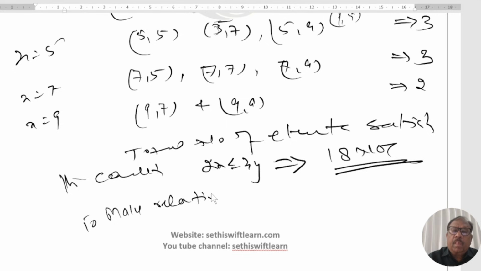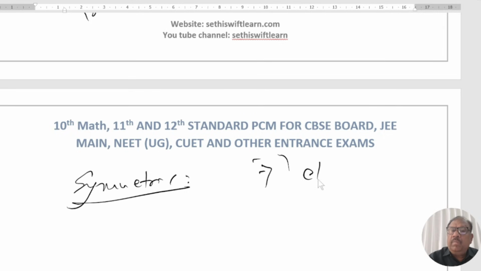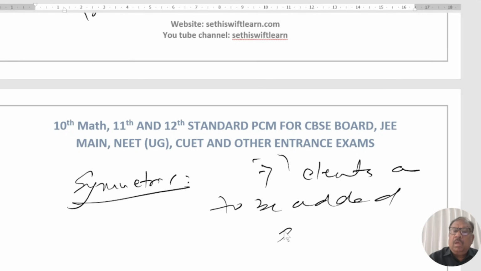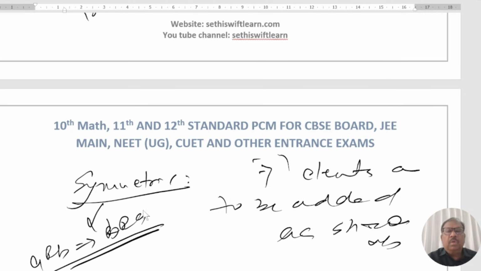relation symmetric. To make relation symmetric 7 elements are to be added as shown above. Means symmetric में क्या होता है A R B then B R A ये condition satisfy हो first of all